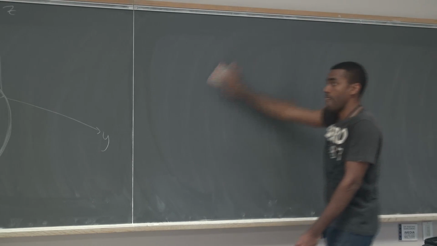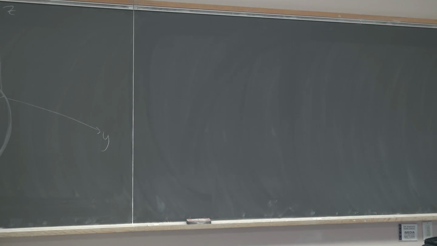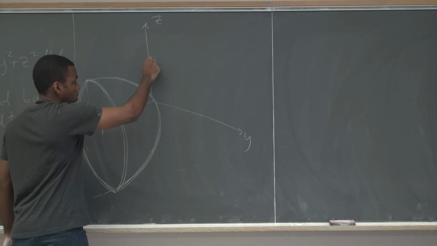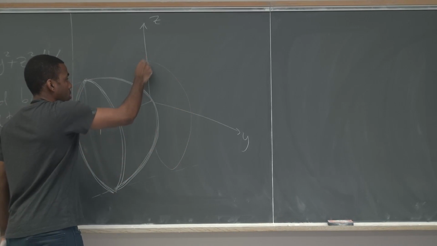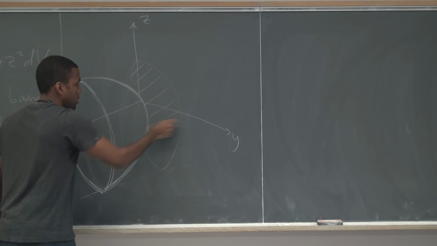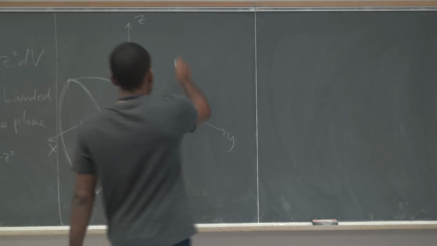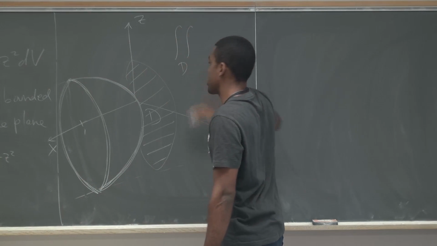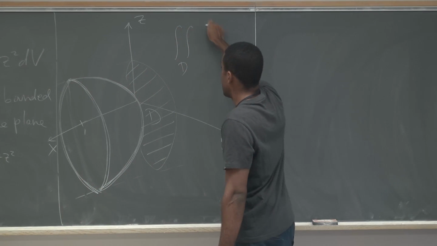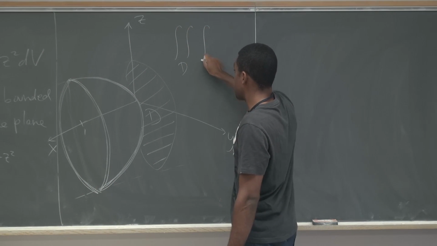How do you set up the triple integral? You do projection on the YZ plane. Seems like a nice thing to do. So you shine a light this way so that the light shines on the YZ plane. You project there, you'd end up with that's the region of projection D. Right? So basically we're going to set up this triple integral where the two outer integrals are going to describe this region D, and then the third integral is going to describe surfaces